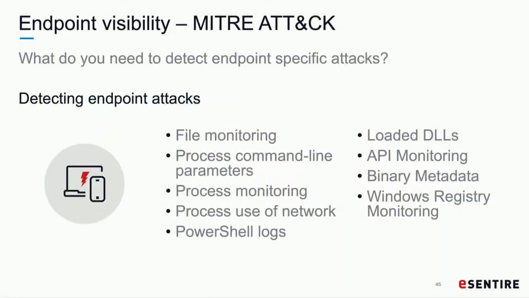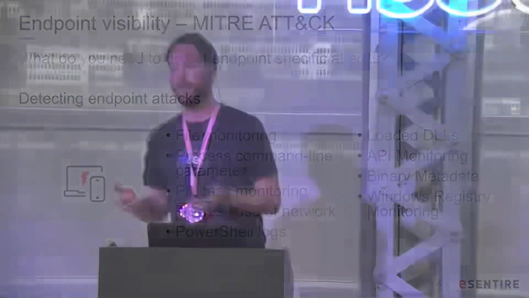So with that in mind, what type of data sources do we need to get out of instances to be able to do this sort of hunting? Everything related to endpoint detection and response is specifically all around these data sources: file monitoring, process, use of network. All of MITRE specific to endpoint can be mapped back to these data input sources.